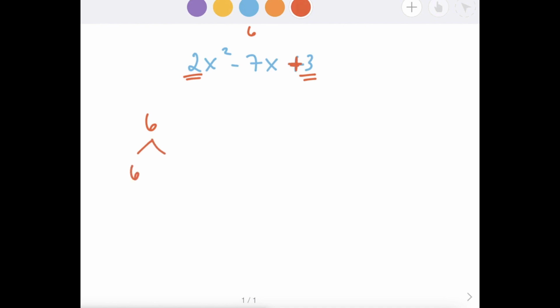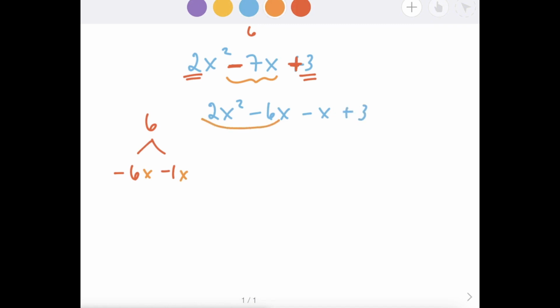Well, that would be 6 and 1, and in order to get a negative 7 out of that combination, I'm going to need both of those to be negative. So we have negative 6x minus x. That's going to be how we rewrite negative 7x. So we end up with 2x squared minus 6x minus x plus 3,